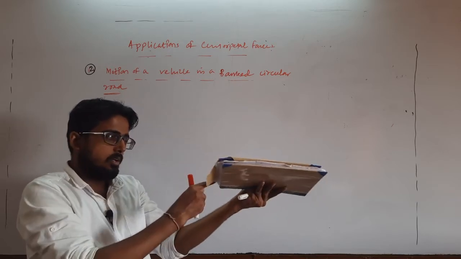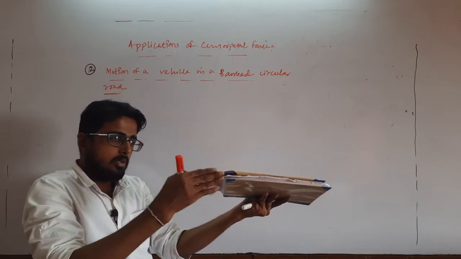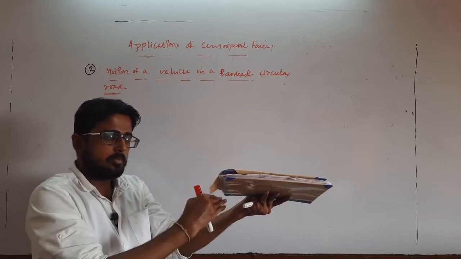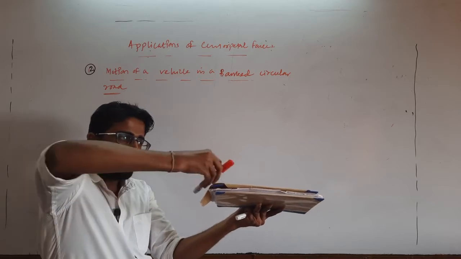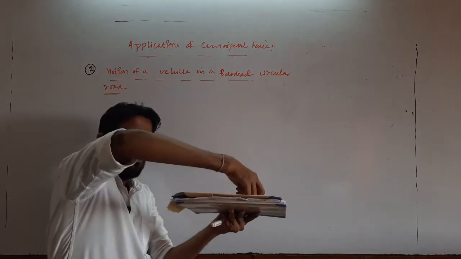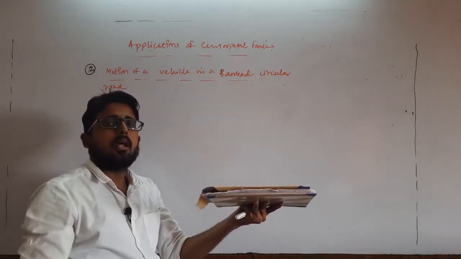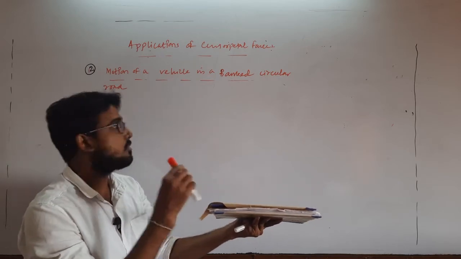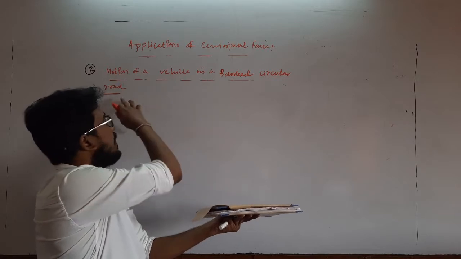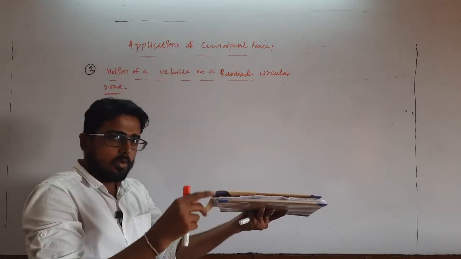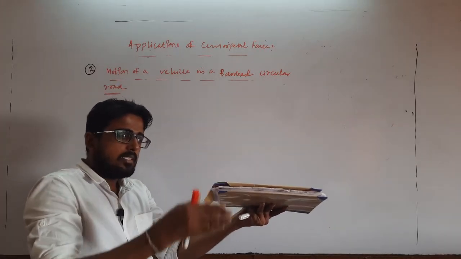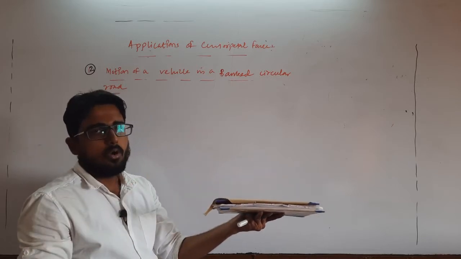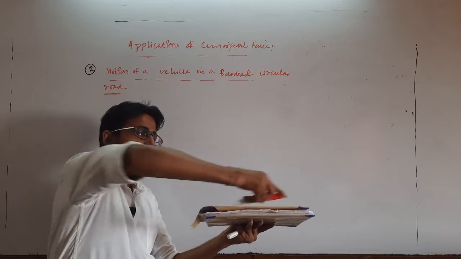Okay, look, this is the inclined road. That means the outer edge is a little bit inclined in comparison to the inner edge with respect to the horizontal. So in this type of road, when we take a turn, we can take the turn with a larger speed. Clear? And the motion along this circular path is known as what? Motion of a vehicle in a banked circular road. That means the circular road which has the outer edge a little bit inclined in comparison to the inner edge with respect to the horizontal. Clear? And the vehicle moves along this.